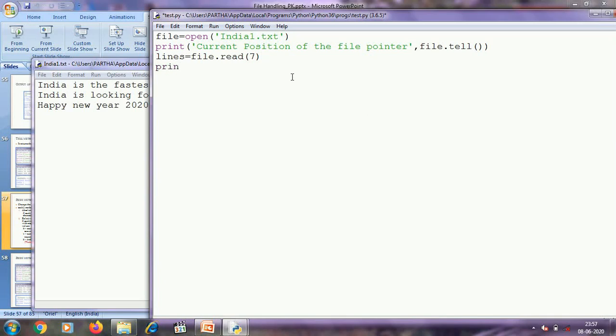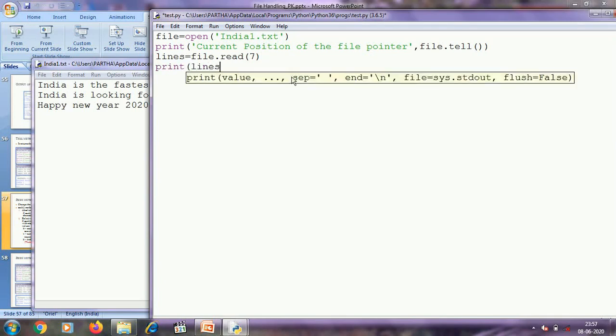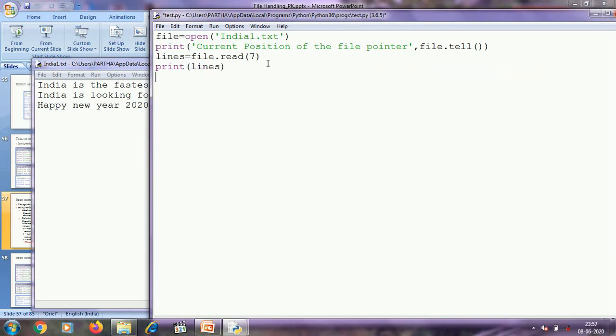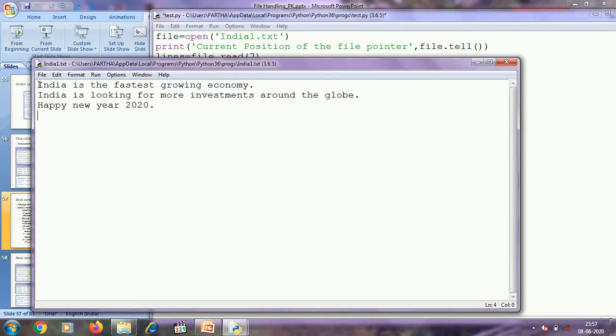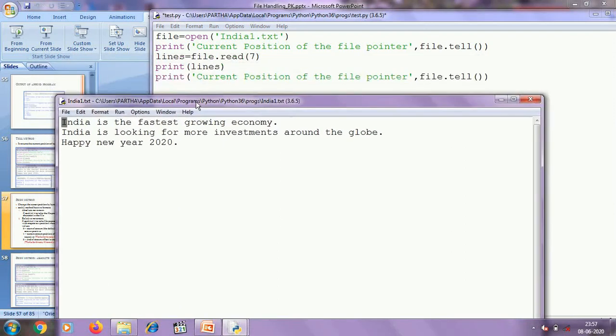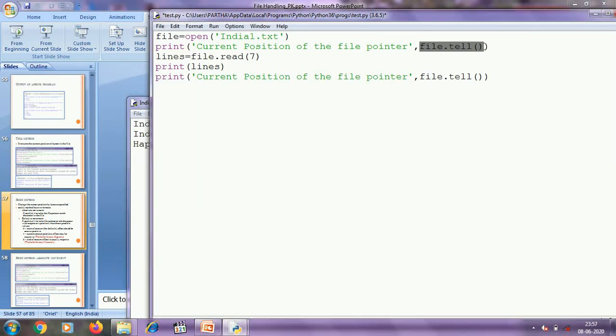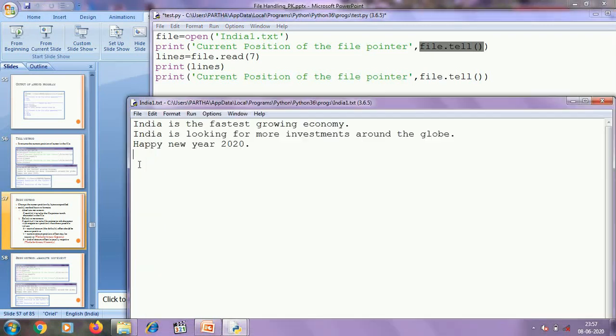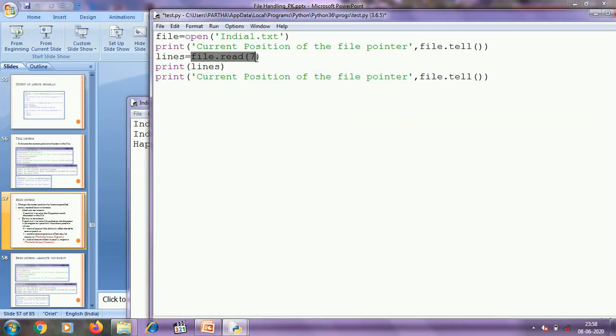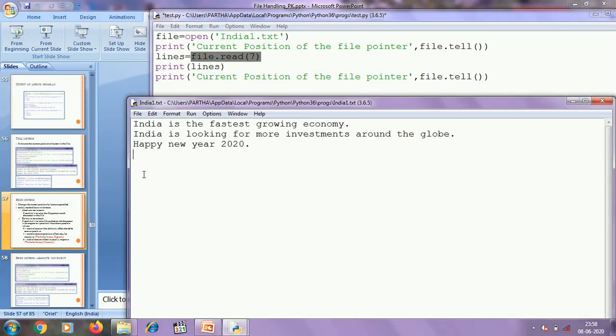Now I am going to print this variable, and after that again I am going to display the position of the file pointer using file.tell. You know that initially the file pointer is pointing to this position, that is 0th character, and here we are printing the position of the file pointer using tell method. That means it will return 0, and then using this statement we are reading 7 bytes from the position where the file pointer is pointing.